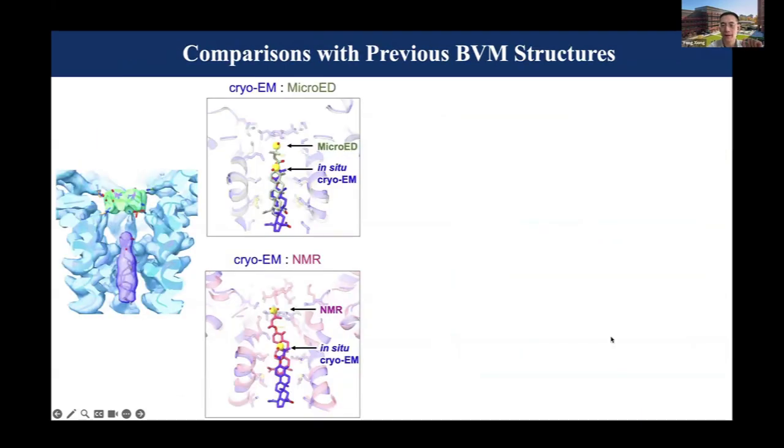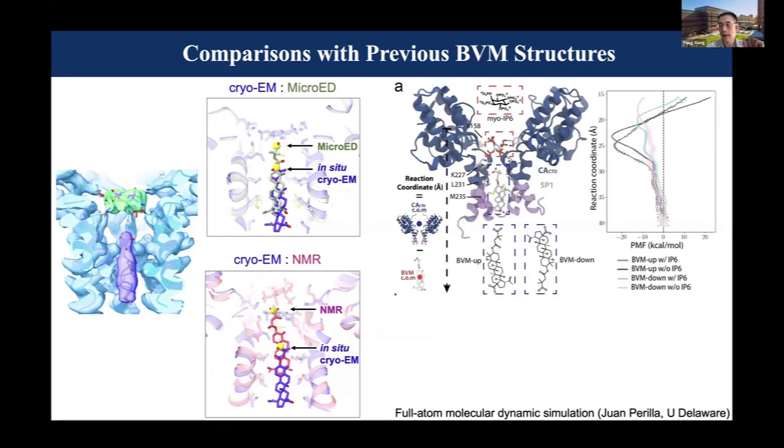When we compare to the previous studies, it turns out it doesn't look like either of them. Location-wise, it's actually shifted from both studies. But we have higher confidence since we did this in the native virus, and our density is very good. But to confirm this, we teamed up with our collaborator Juan Perea at the University of Delaware